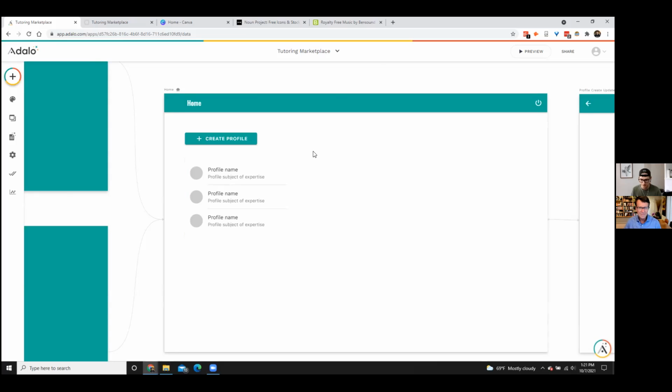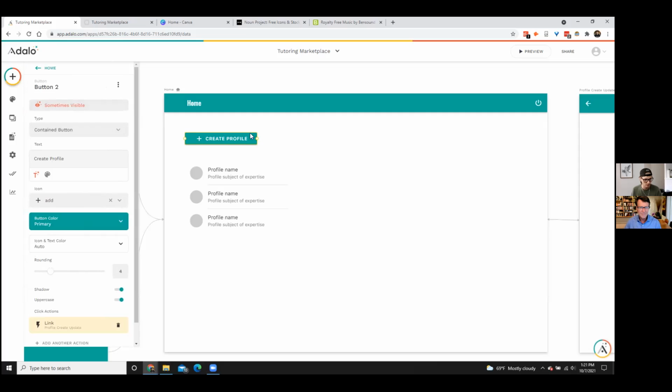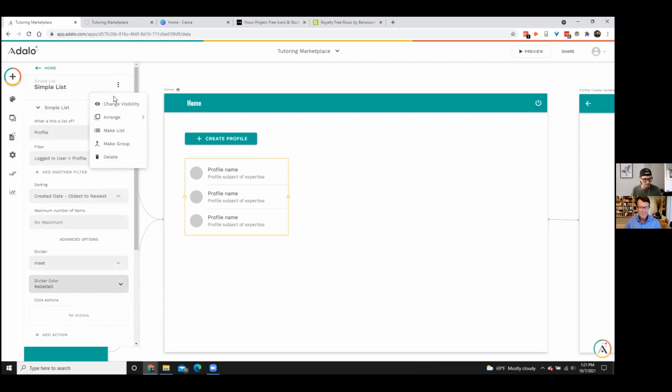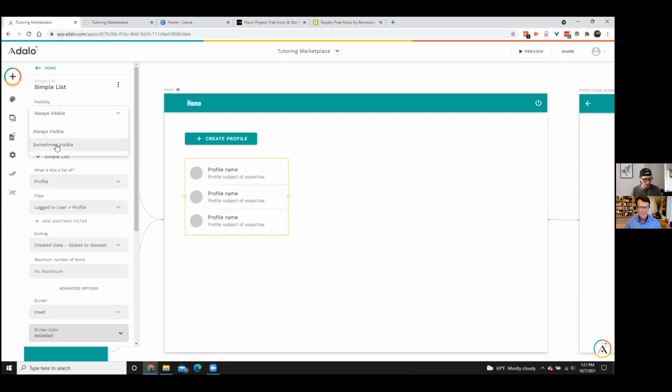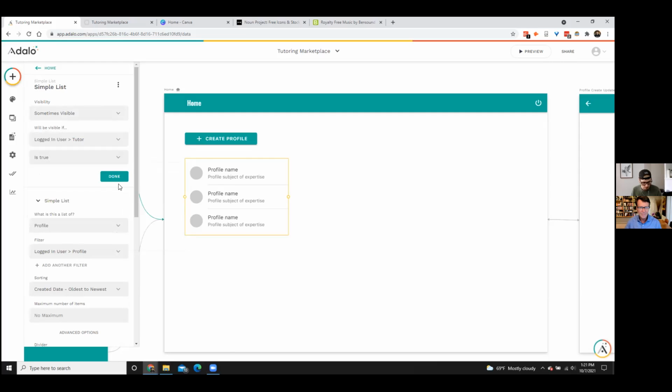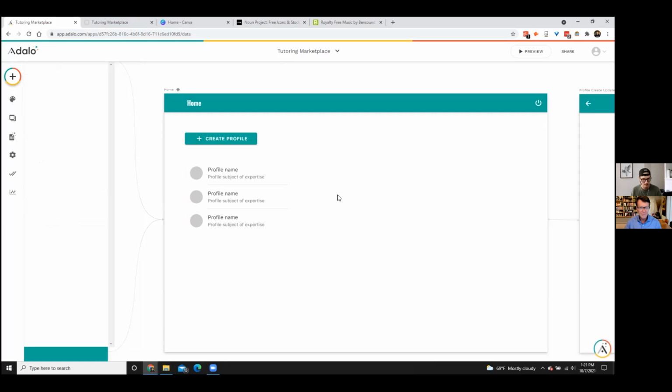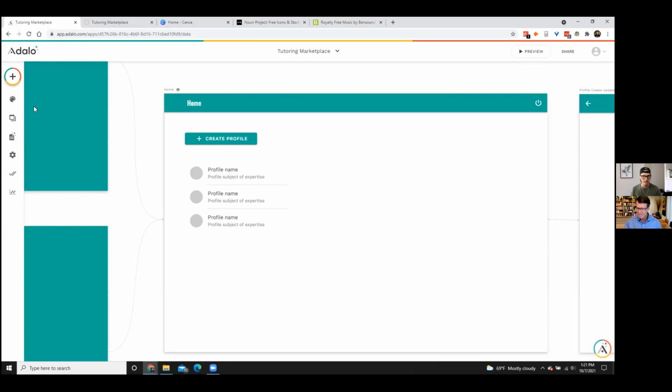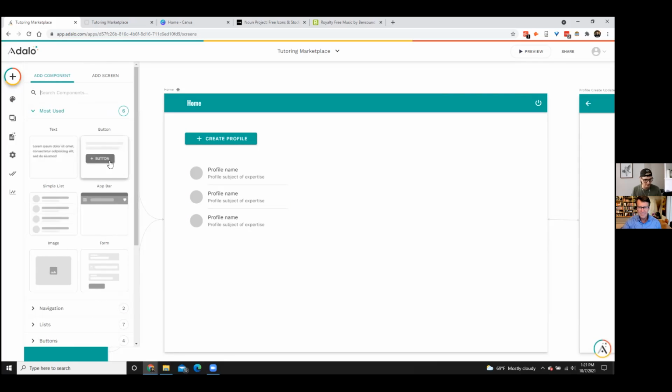Now let's create the functionality for the student side of things. So actually with create profile, this button is sometimes visible, but I don't think this list is sometimes visible. So let's change that really quickly. Sometimes visible if the logged in user tutor is true. If it's set that way, great. Now, let's add a